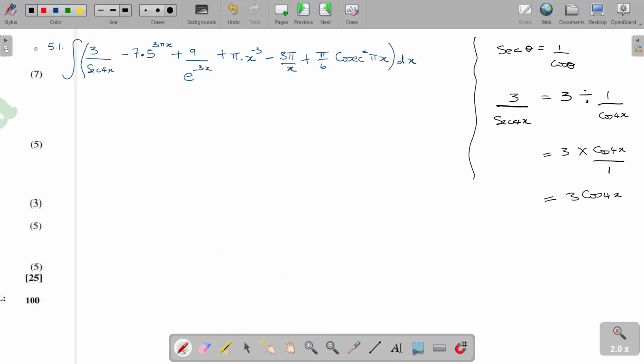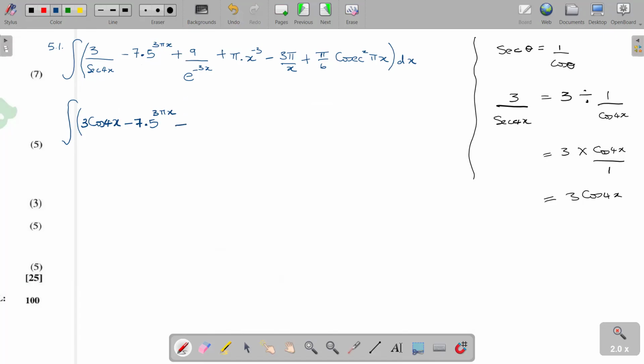So here our expression reduces to the integral of, instead of writing this, we are now going to write it as 3 cos 4x. Then we just write the second term as it is, minus 7 multiplied by 5 to the power 3 pi x. Then it's now going to say plus,